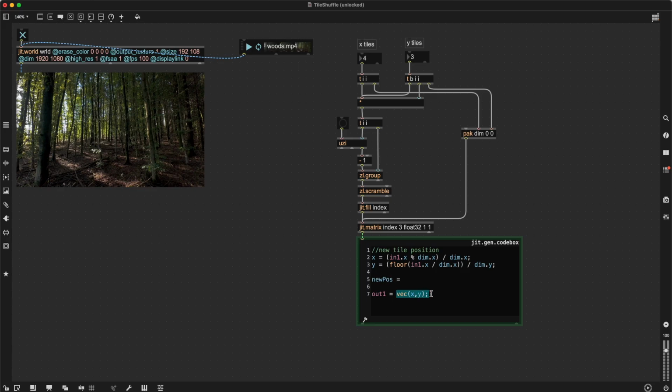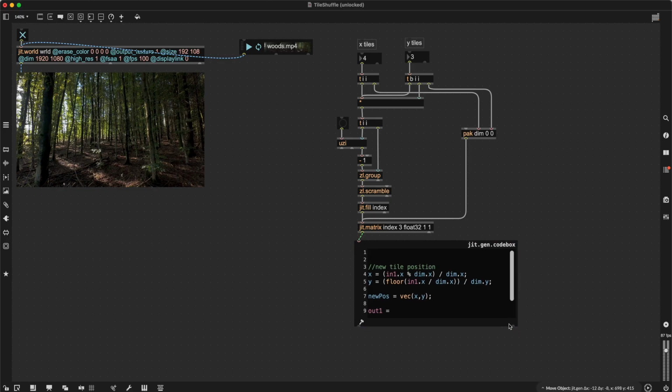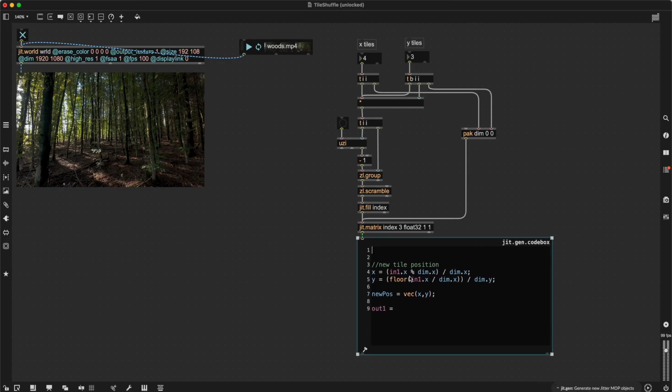This is the vector we just created here. To create our offsets, we have to use just normalized UV coordinates, so I will create them quickly here. UV equals